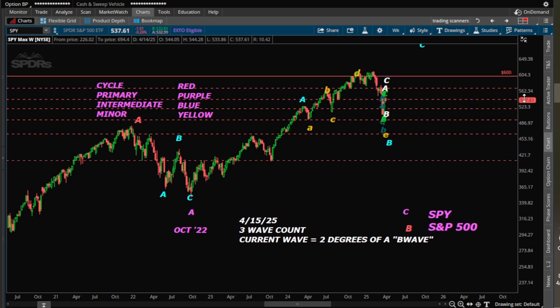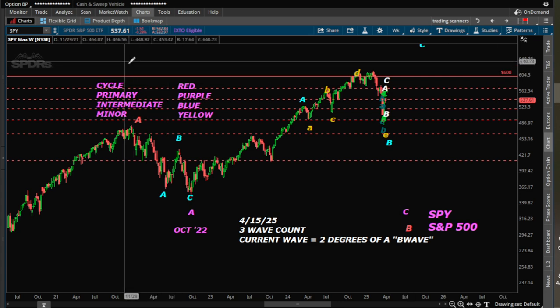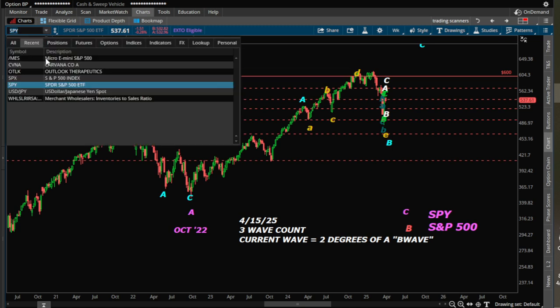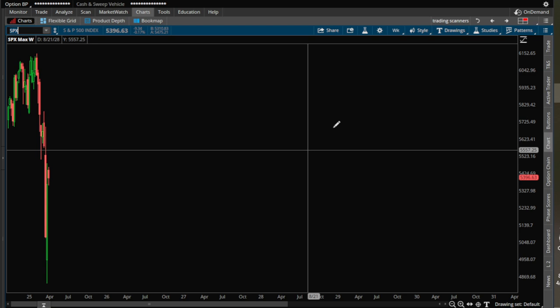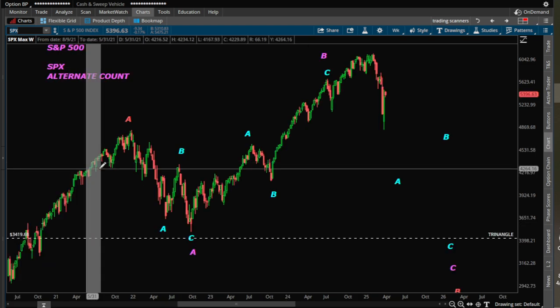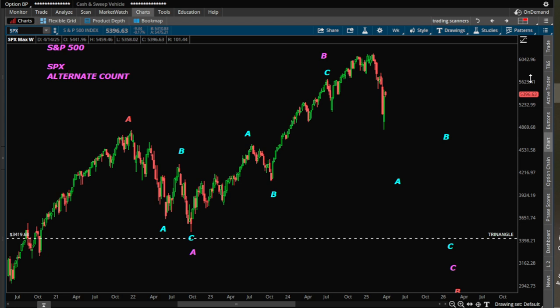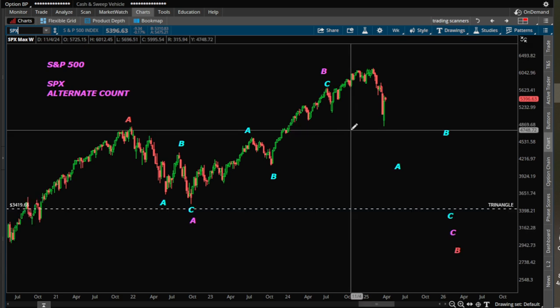Okay, so the other count, I have an alternate count. I got it on the S&P index here, the ticker SPX. Okay, it's the same concept, it's just a different ticker. So this price range is labeled a little bit different than the SPY. So my alternate count here for the S&P 500,